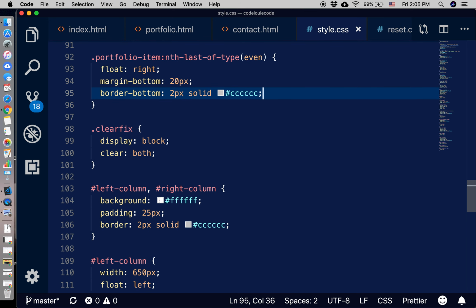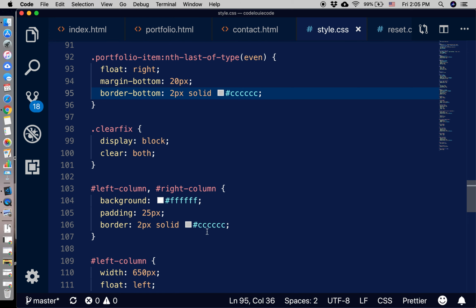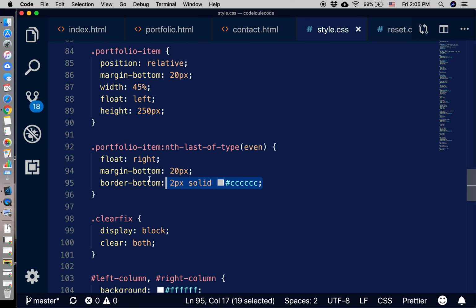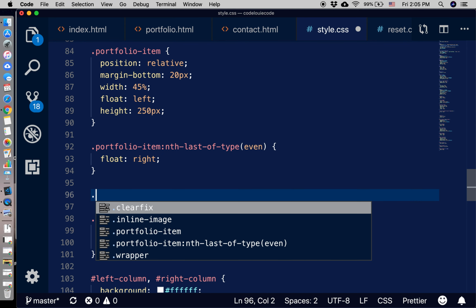All right, so after that we have... oh, no, this isn't part of it. We're only floating it right. There's no margin. Yeah, I think that's right. Okay, so now we're just going to move on to our